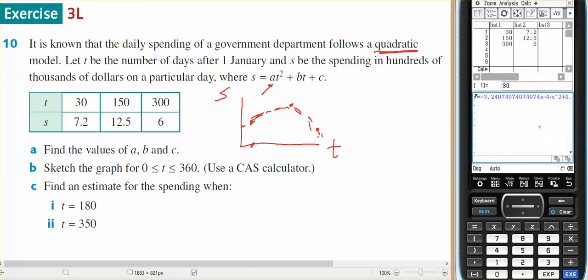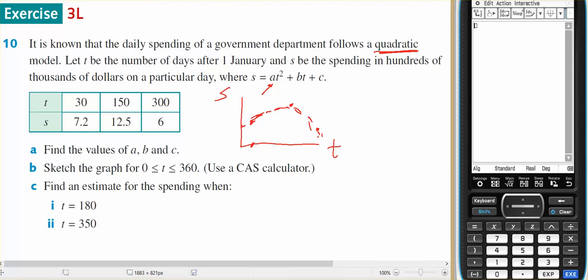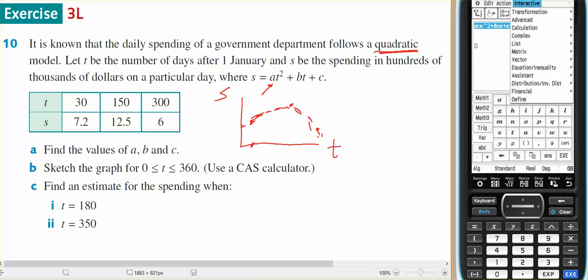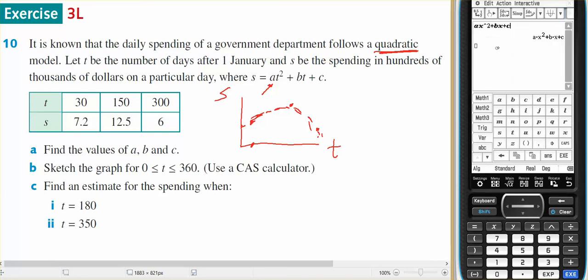So I'm going to go into main and use the simultaneous equation module. I'd like to put in the defined function, a x squared plus b x plus c. Press X here and make sure that it's all okay. Select it, interactive, define, and use f. So I'm going to drag f of x into a new line, make it equal